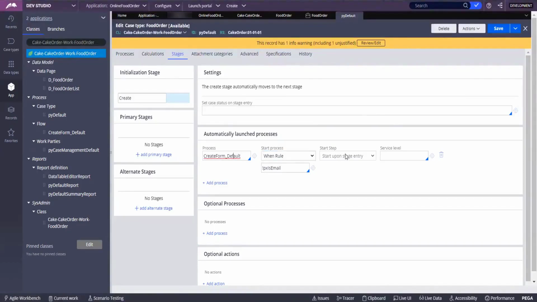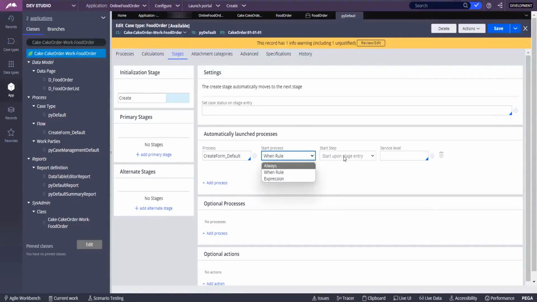There is a when rule, right? They have given some different when rule.